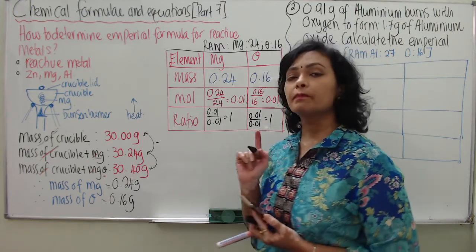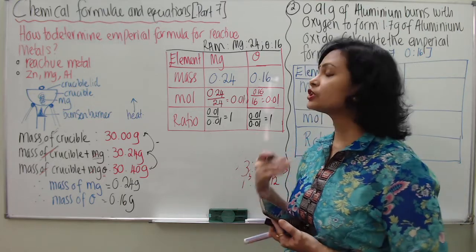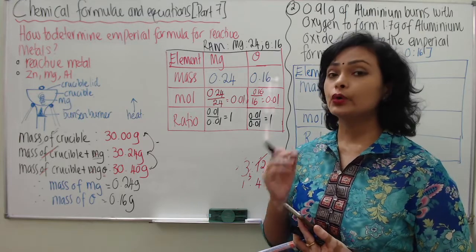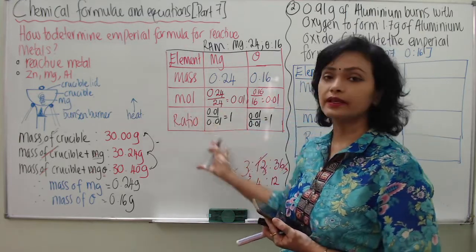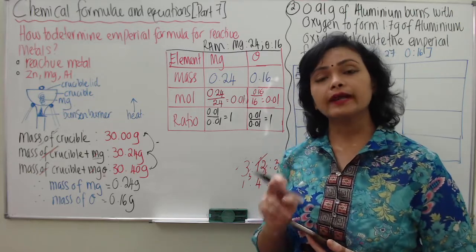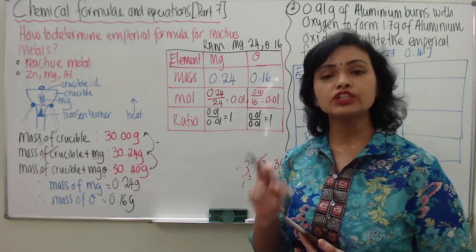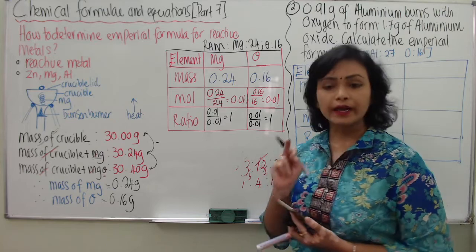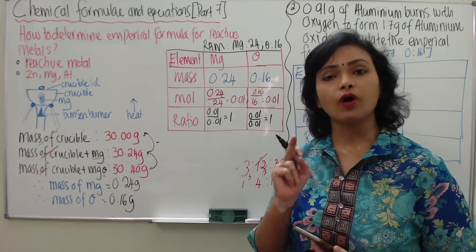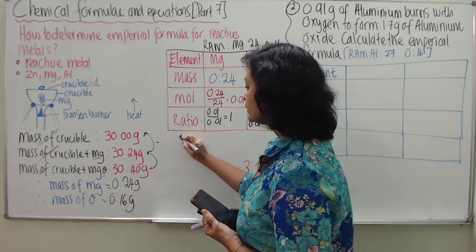Now, students, please remember, the calculation of this empirical formula is given 3 marks. Do you know that if you just present your answer like this, you will only get 2 marks? Why do you not get the full 3 marks? Because students have failed to write down the conclusion of this calculation. I repeat, students have forgotten to write the conclusion of this calculation, which must be written like this.